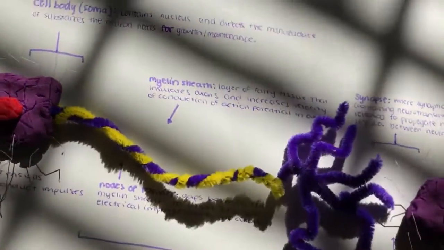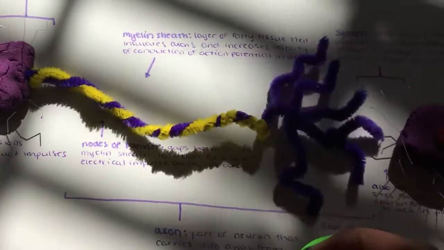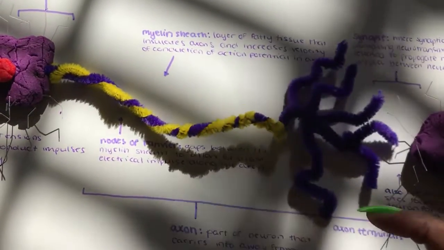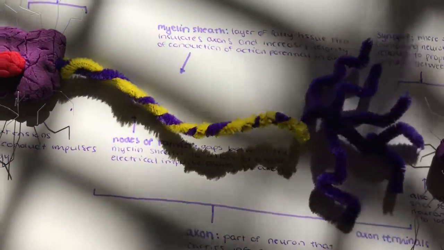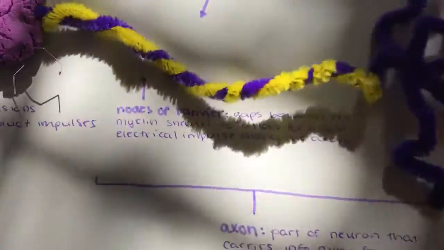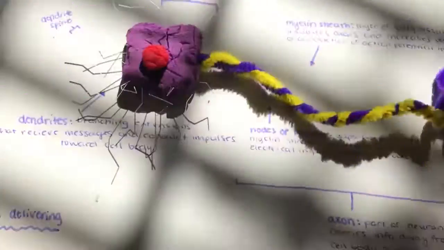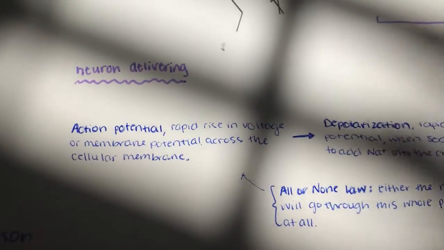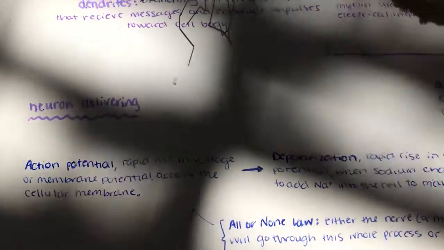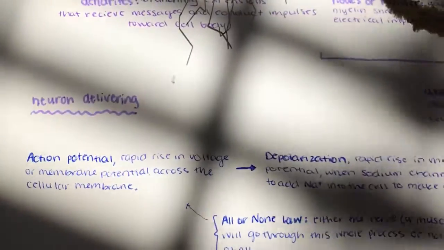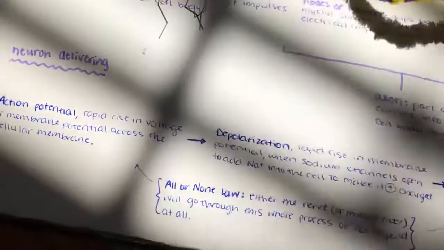And the myelin sheath covers the axon, and it's a layer of fatty tissue that insulates and increases velocity of conduction of action potential along the axon. And the nodes of Ranvier are the little gaps between the myelin sheath to allow fast electrical impulses along the axon. And then action potential is the rise in voltage of the membrane potential across the cellular membrane, which happens